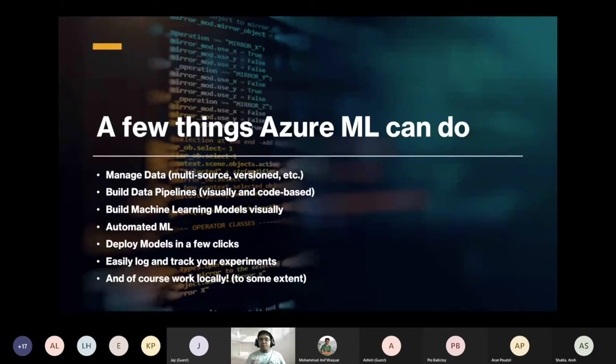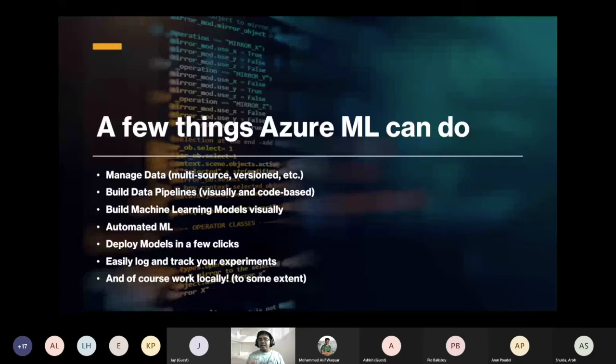So in a few clicks, it can be deployed on powerful and scalable compute. For example, you can deploy it to Azure Kubernetes Service so that if there's a lot of traffic going on, it will auto scale. So you don't have to worry about scaling anymore.